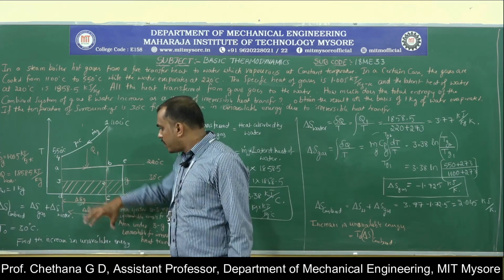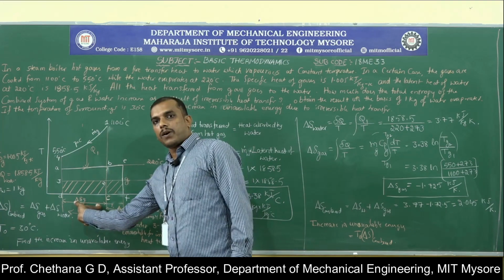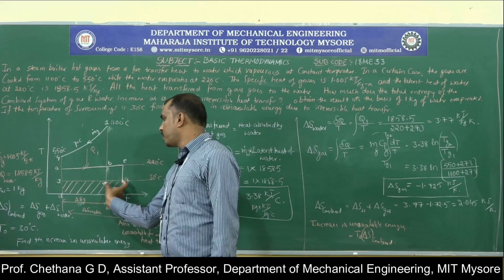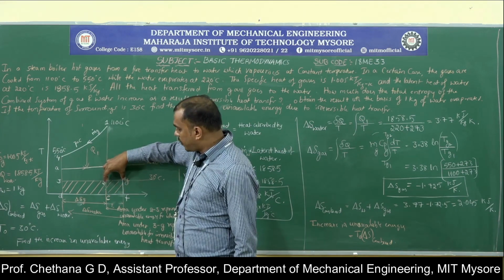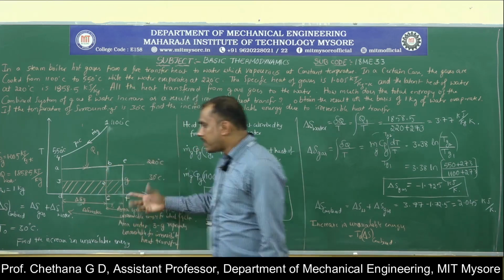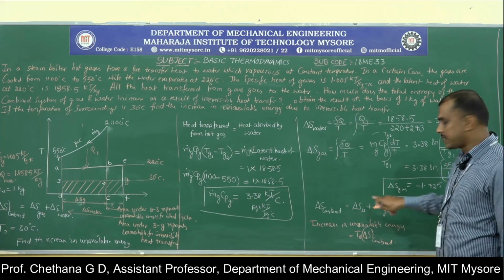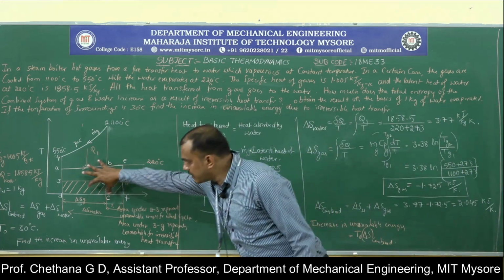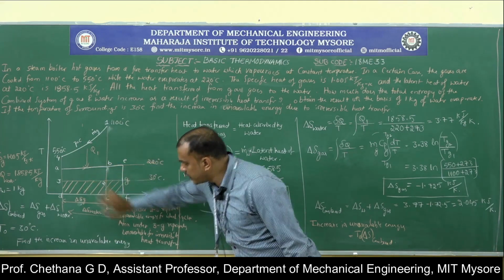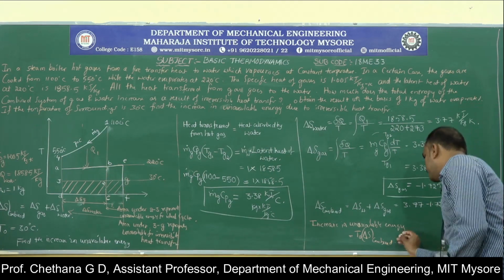Now this area is what? Delta S of water minus delta S of hot gas will give you the delta S of this. Okay. Now that is nothing but delta S of combined itself. You see, delta S of water is 3.77 minus delta S of gas is this much. If you subtract this from this, you get the change in entropy, which is nothing but 2.05.